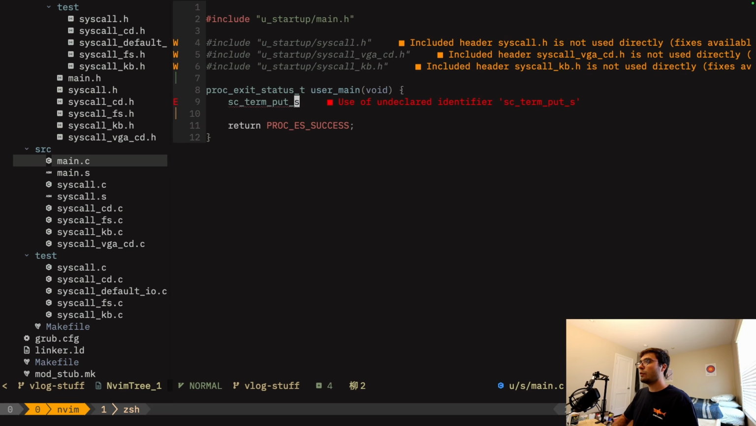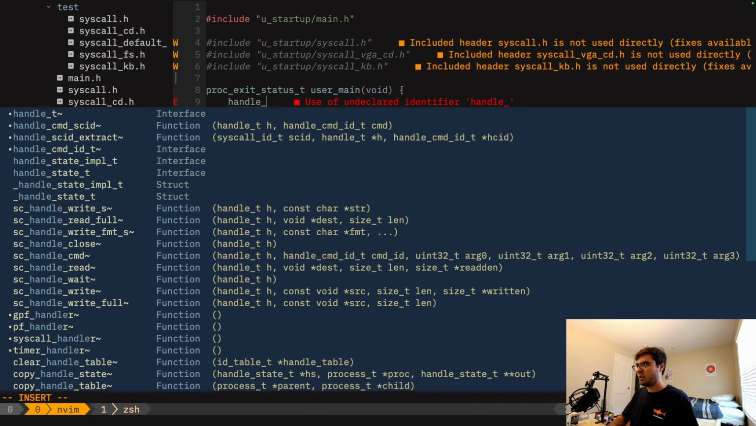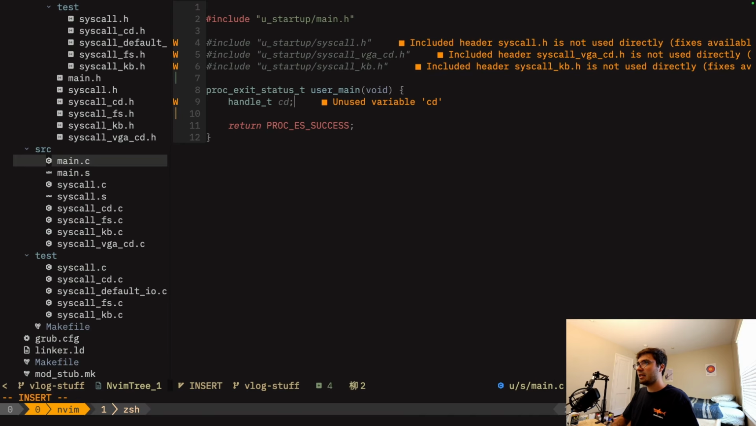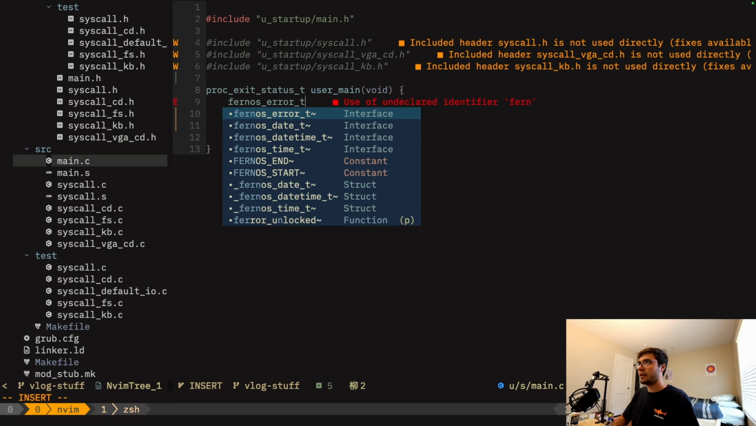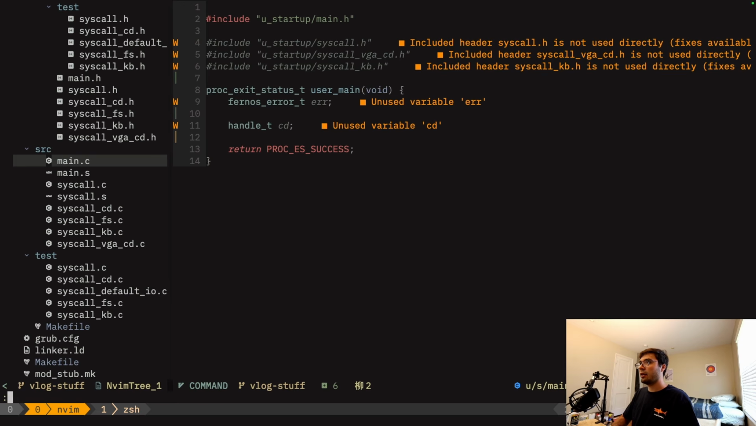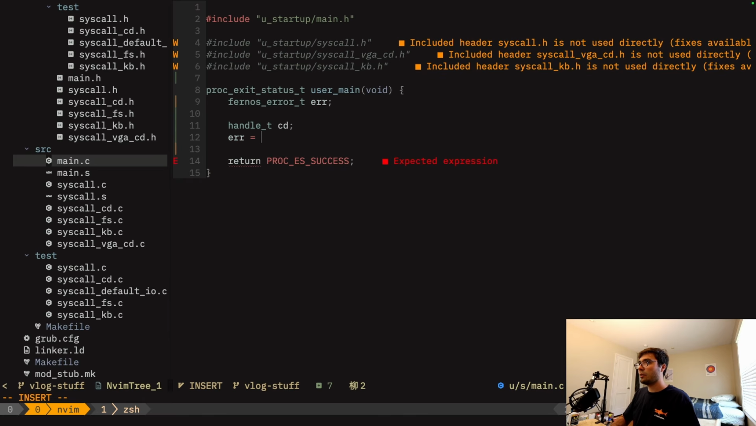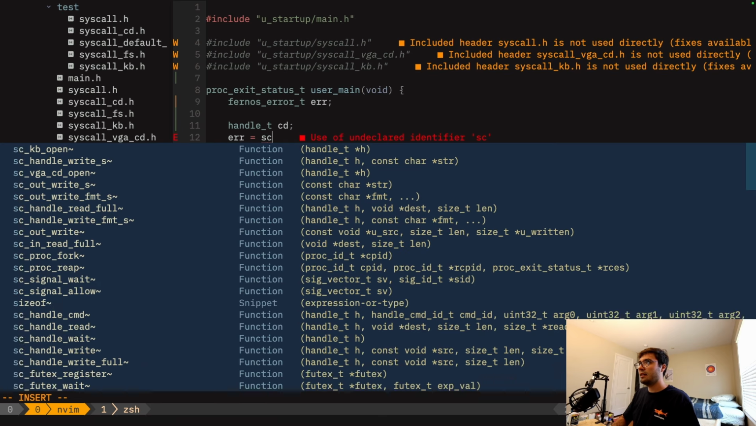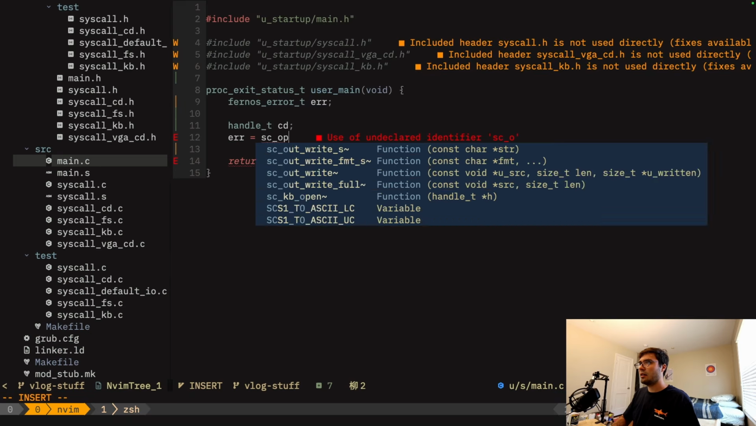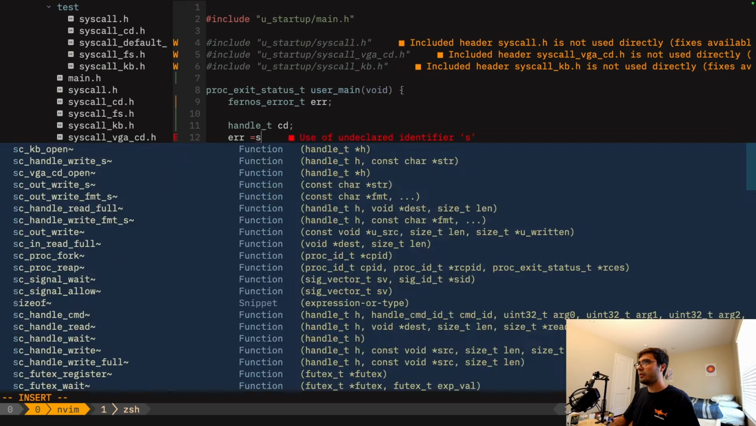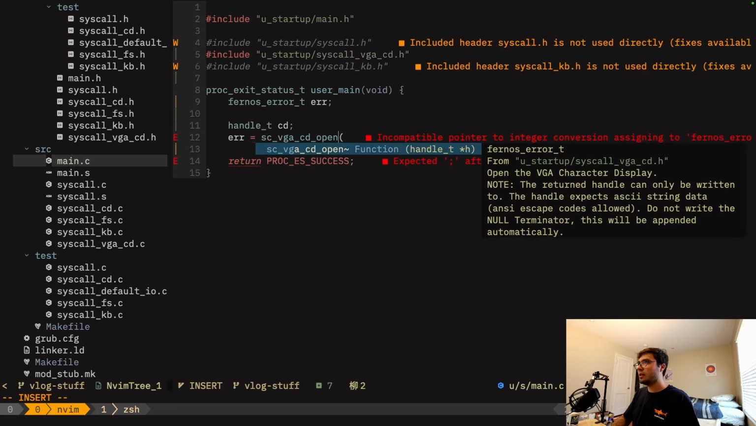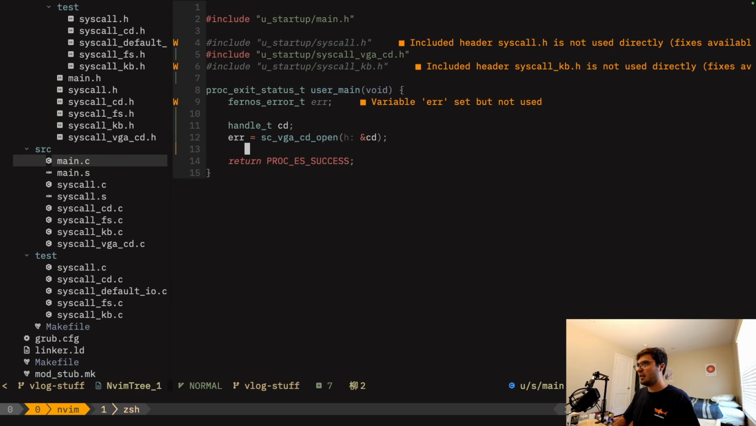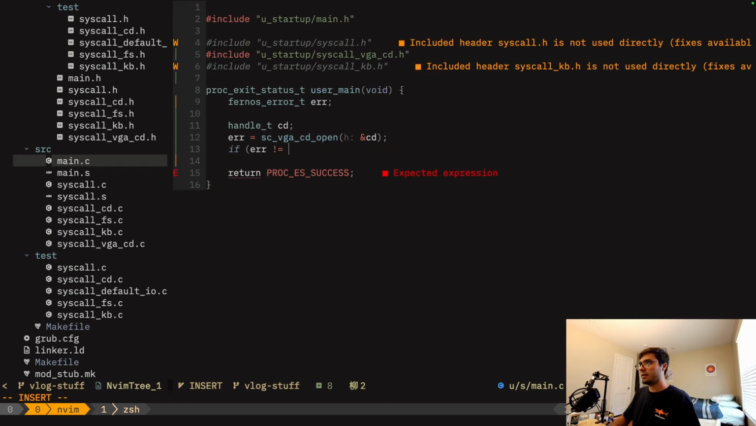So if we want to print to the screen, we're going to have a handle t cd for character display. Oh, let's also define an error. Okay, so if we want to print to the BIOS terminal, we can do error equals sc vga open, and cd. If error doesn't equal